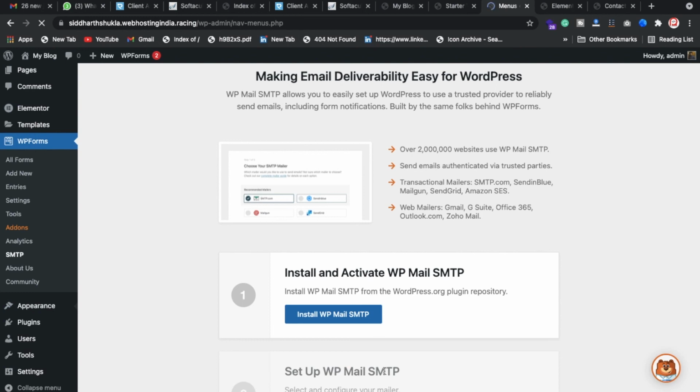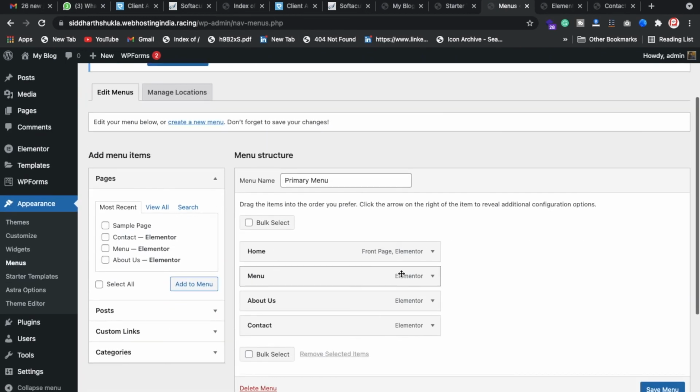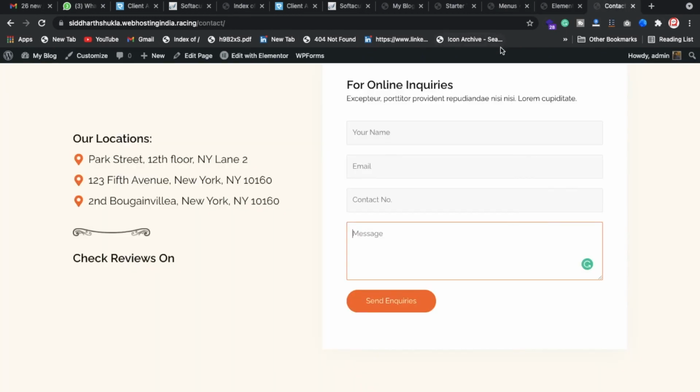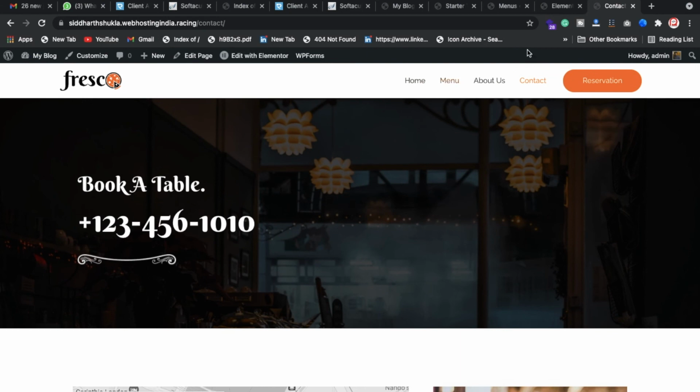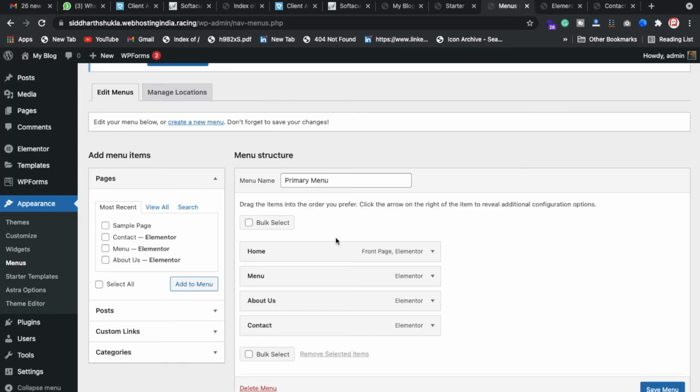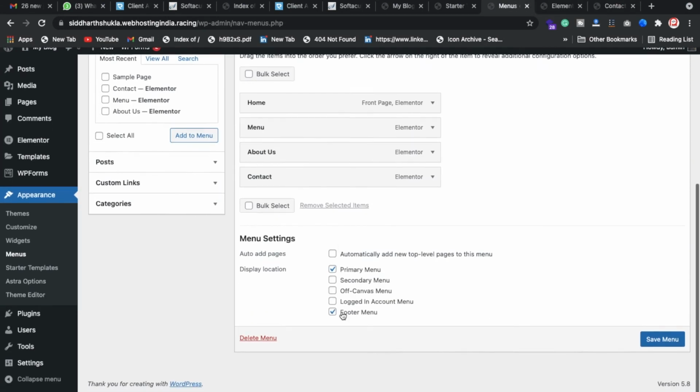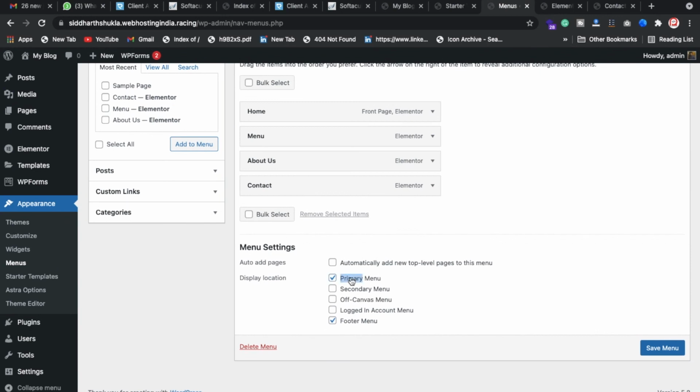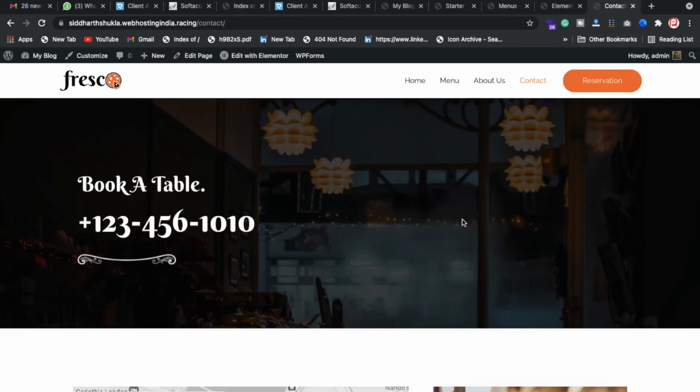I'm going to click on the menu section, and anything you want to change from the menu, of course you can change. If you want to change this menu, of course you can control it from there only. We have the primary menu, it's selected from here, primary. So yes, this way you can control the website.